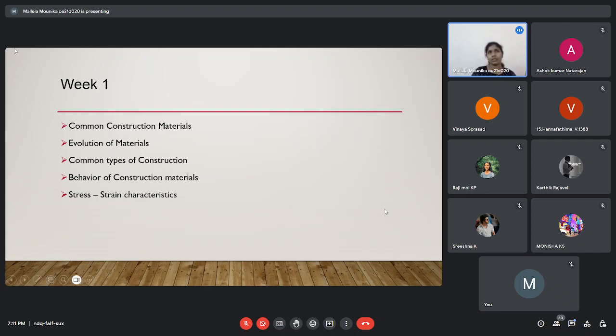The construction materials are subjected to a type of load. Suppose we have different types of loading, like axial load, transverse load, and like that. When the type of load varies, the behavior of the construction material also varies. So we can also see the behavior of the